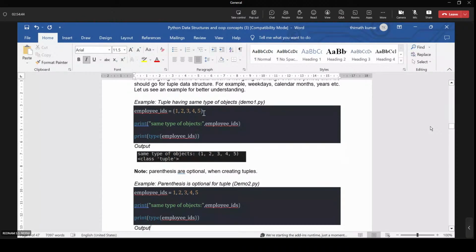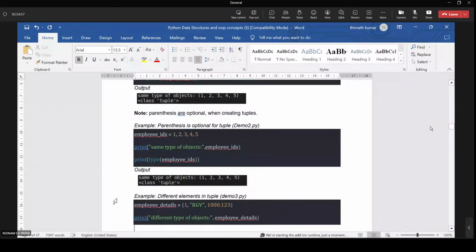If it is square brackets, it is treated as a list. If it is parentheses, it is treated as a tuple. Parentheses are optional for a tuple. Simply we can assign 1, 2, 3, 4, 5 to employee IDs, then the employee ID becomes a tuple. So without using parentheses also we can create the tuple.